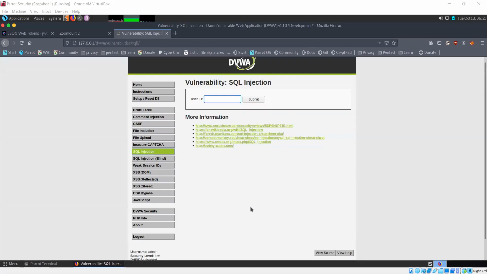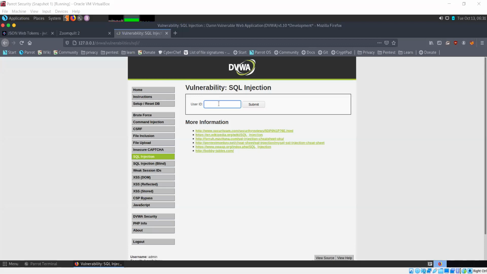So now looking here, what we see is there is a field, it's asking us for a user ID. So let's see what happens when I enter any user ID here. If I enter, let's say, 1 and submit.